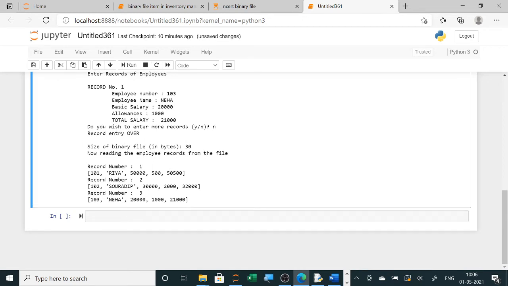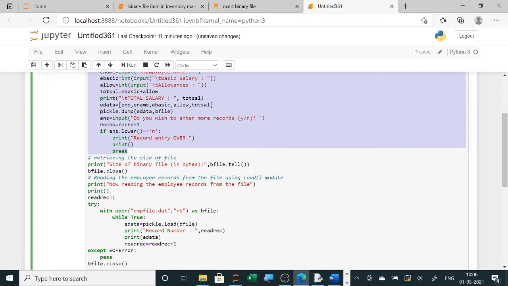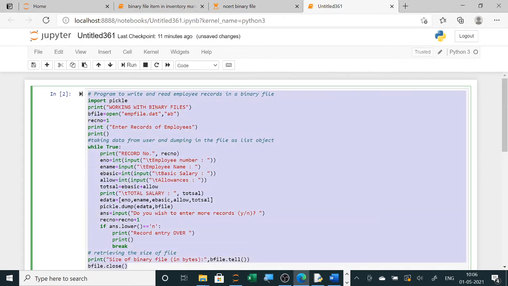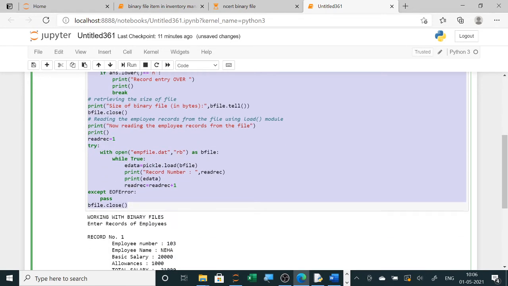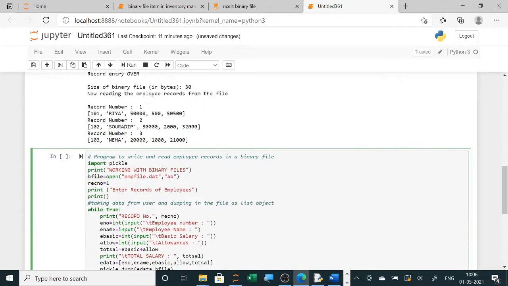So this is input and this is output. But in a project you have to design it menu driven. So what I will do, I will create user defined functions. So inside def, I will write this one to write, and to read also I will write. So I am just copying this program, full program I am copying it. And then I am changing it to a menu driven program. So here I am making it a menu driven program.